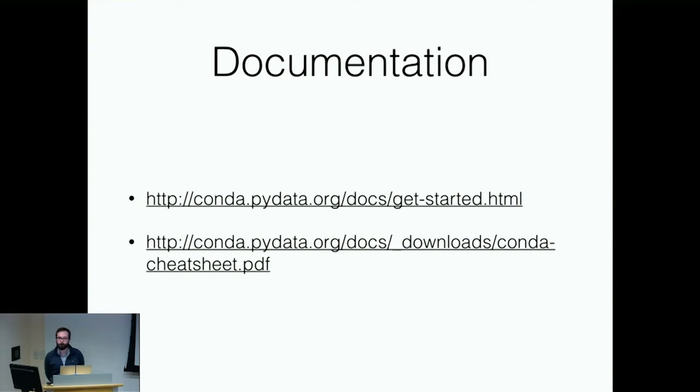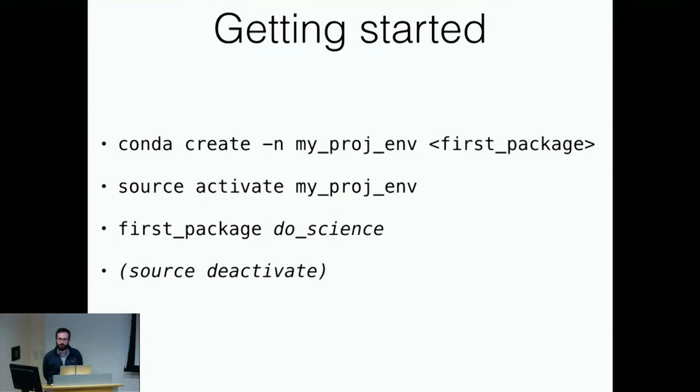Question? Yep. Would you have a different package for your test environment, for example, or a debugging environment? In terms of for development purposes or for distribution? For development or testing purposes. So I'll get into the workflow that we use for testing for Conda in a little bit. But you'd probably use the same package and then include tests in your recipe. But